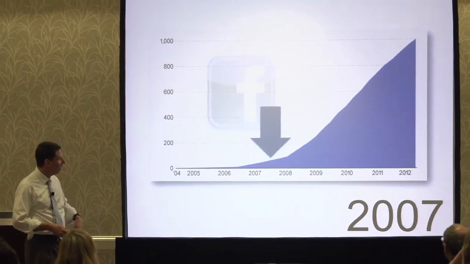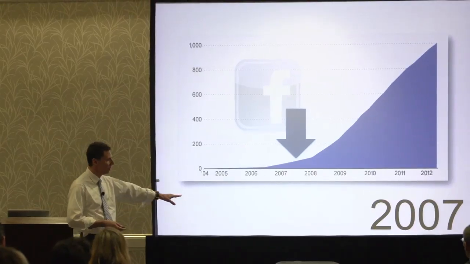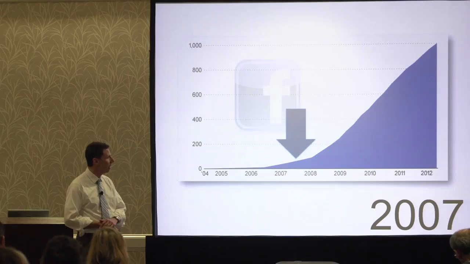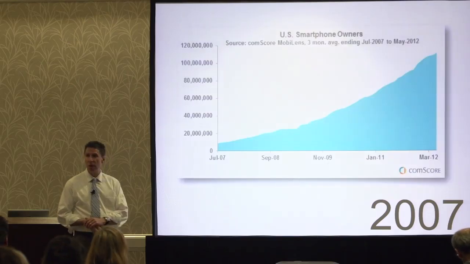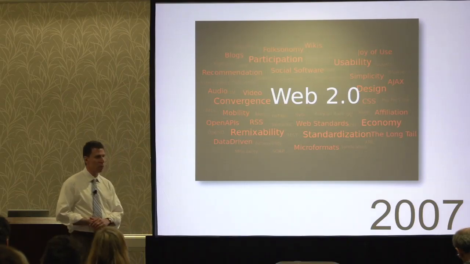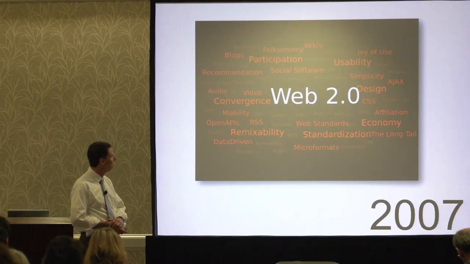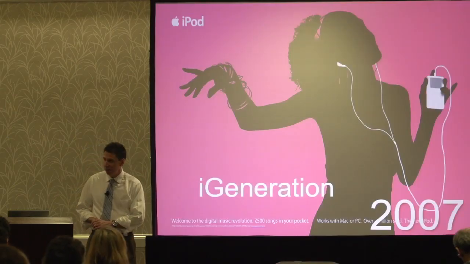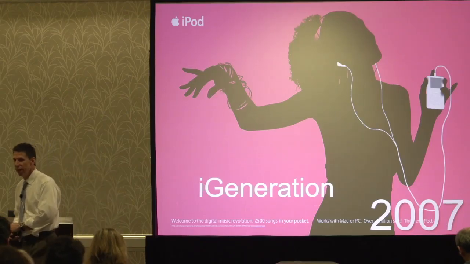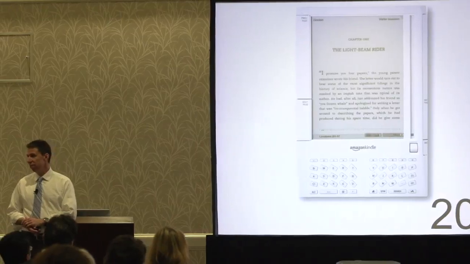Time flies. Well, that same year of the first Coursecast, Facebook came onto the scene. 2007 was actually a huge year in the evolution of the web. Facebook came on the scene. Mobile smartphones started to really take off. We coined this term Web 2.0. You've probably seen this graphic before on Wikipedia. The I generation started making the scene. The I generation are students that were essentially raised with the internet and web. Also, this made the scene.